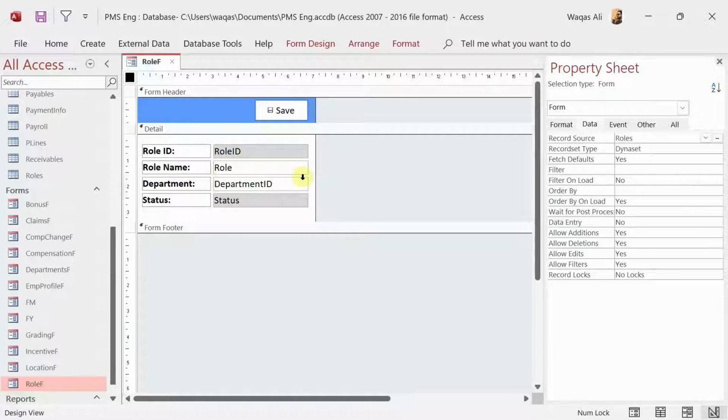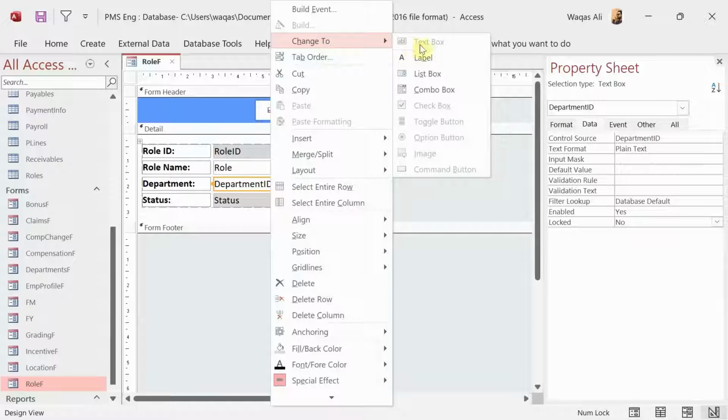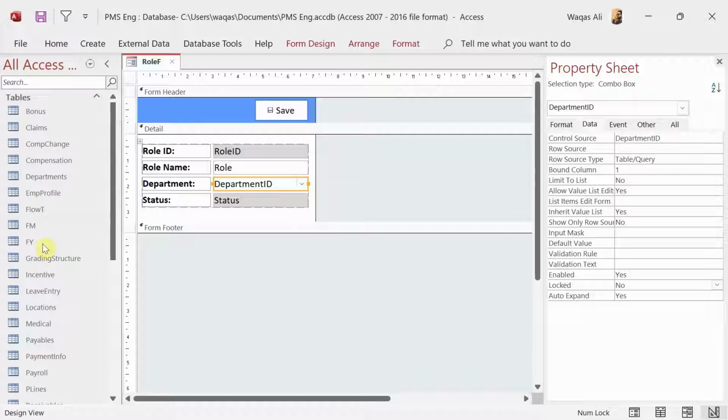What next? Next I would like to convert this department ID text box into a combo box. So right click on it, and from the drop down change to combo box. Here we go. Now I'll go to the data tab because I want to link this combo box to one of the existing tables called departments. So I go to the property sheet of this combo box, go to the row source,